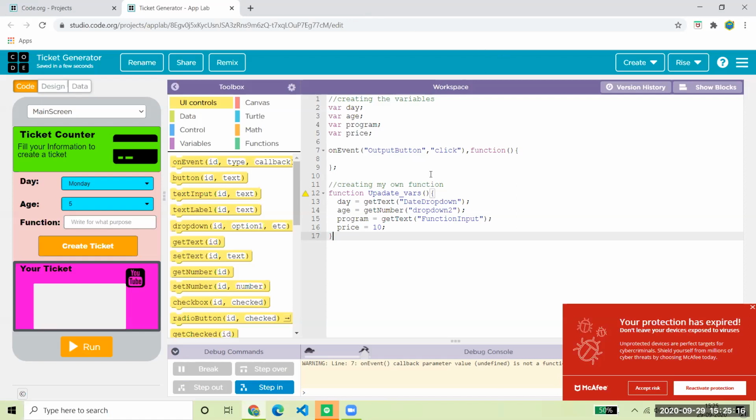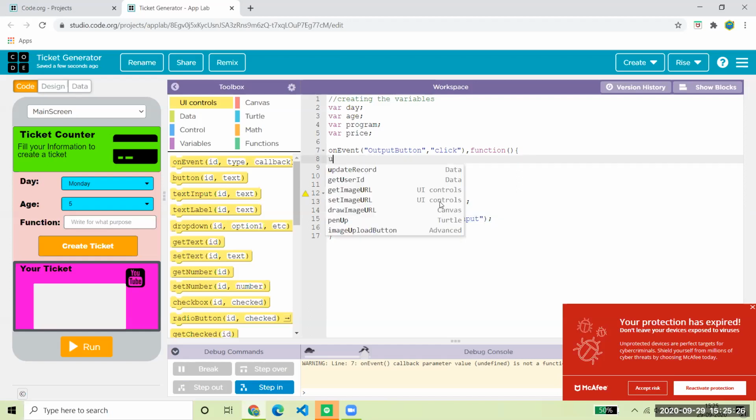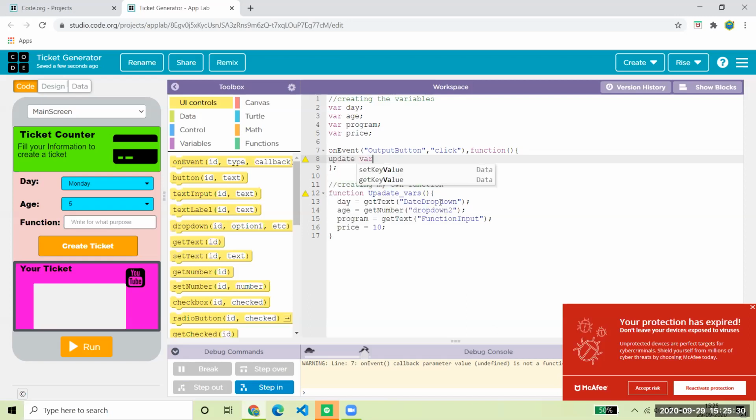Now if I want this task to happen two times, I have to write it again. I can copy and paste it, but the easy way is I can just call this function, update vars.